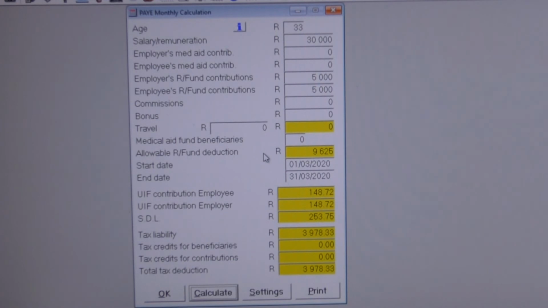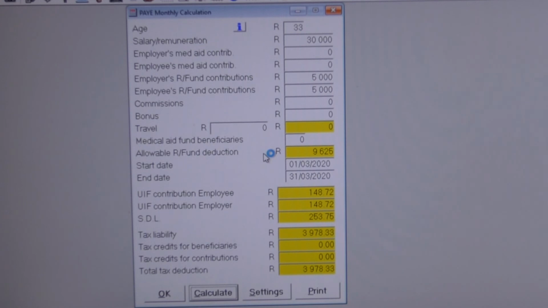This means the remuneration effectively increases to 35,000 Rand. However, contributions may be considered as allowable deductions, so both the employer's 5,000 Rand plus the employee's 5,000 Rand may be considered as a deduction against income, but SARS's 27.5% formula may limit this. The two contribution amounts come to a total of 10,000 Rand, but this deduction is limited to 27.5% of remuneration. The remuneration is 35,000 Rand, and 27.5% of the 35,000 Rand is